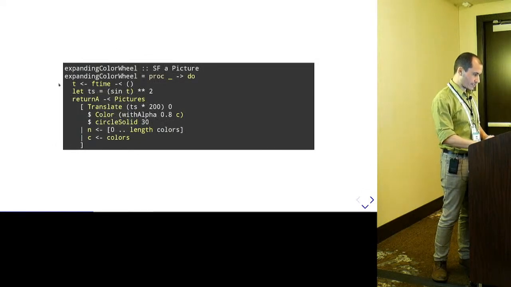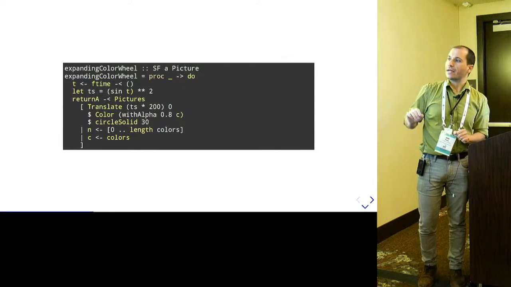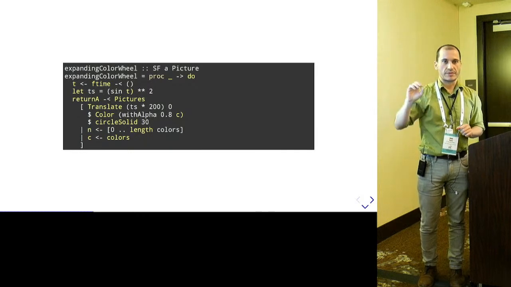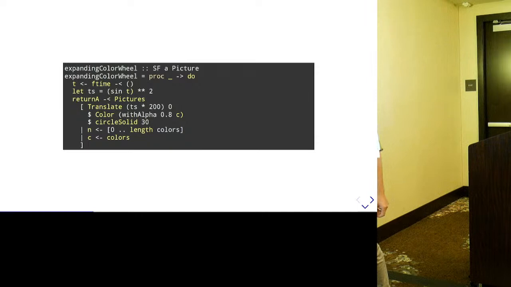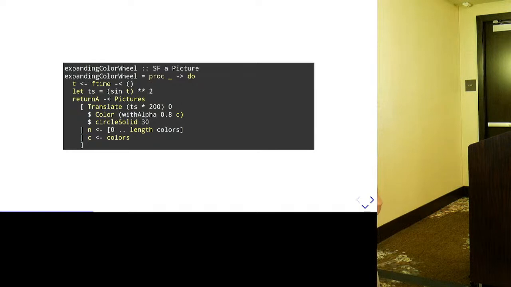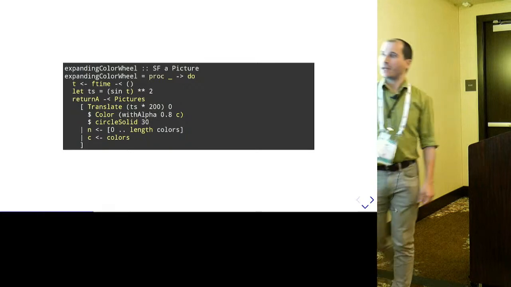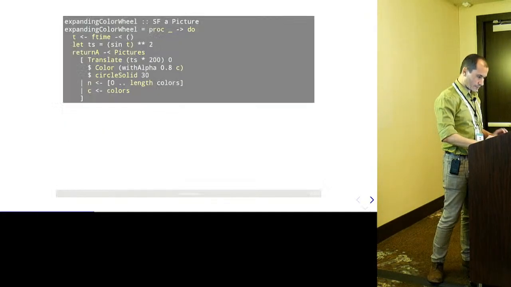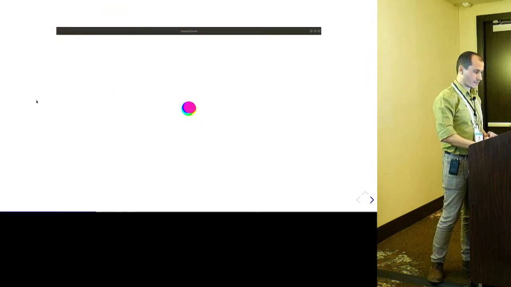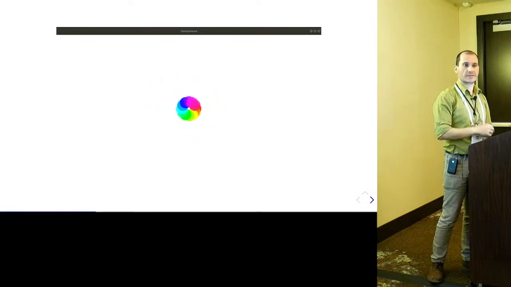Let me just show you one more example, and then we'll go into simulations. So the idea of this one is similar to what we saw. Essentially, we take a circle, we paint it with a color, and then we move it. But the difference is that now we move it by a factor that depends on the time. So we capture the time, we apply some transformation, and then we move it right and in by that factor. And when we do that, we see this effect. It opens and closes, and opens and closes, and so on.